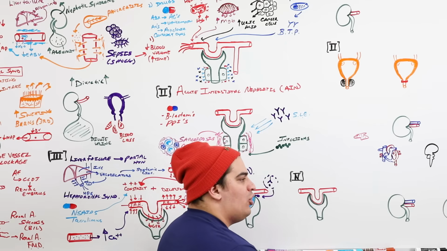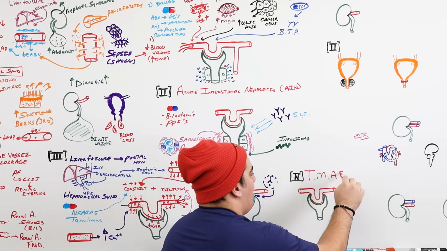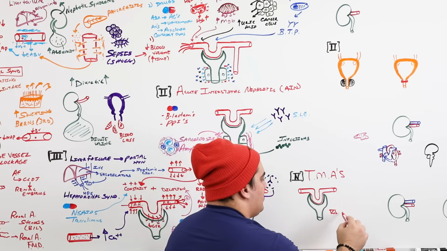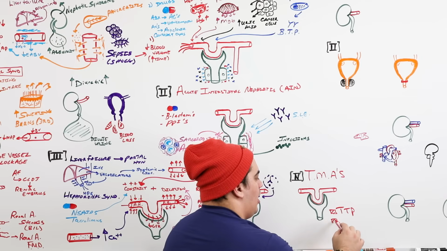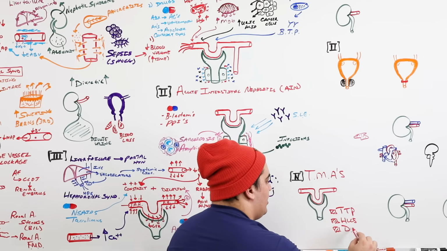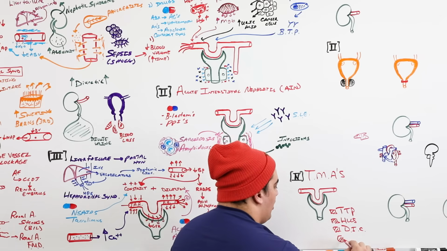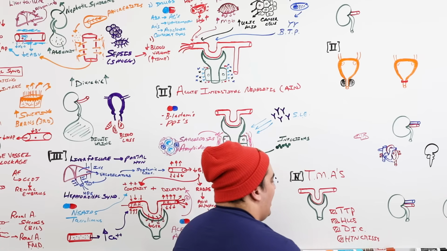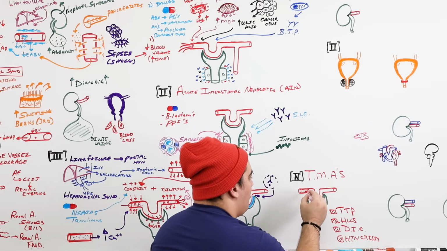But in a condition where you have what's called thrombotic microangiopathies, there's a bunch of these. Again, I don't want you to go too ham on them, but something called TTP, thrombotic thrombocytopenic purpura, another condition called hemolytic uremic syndrome, another condition called disseminated intravascular coagulation, and sometimes even in patients who have what's called hypertensive crisis, right? In these situations, you can get a lot of small little thrombi.